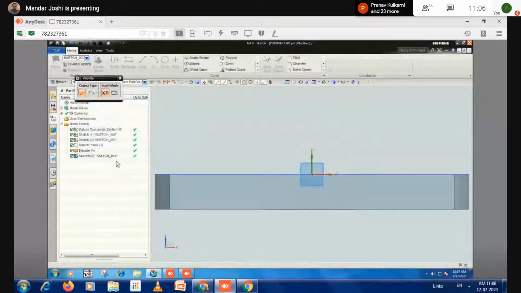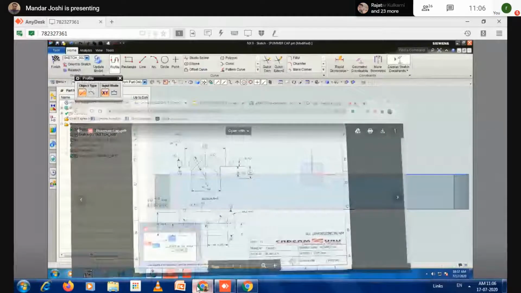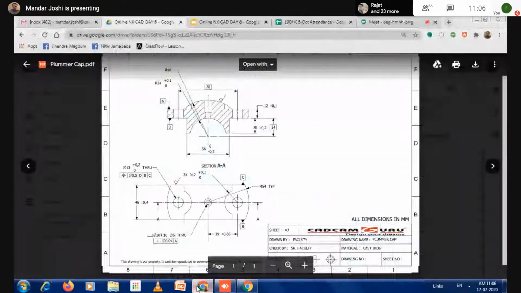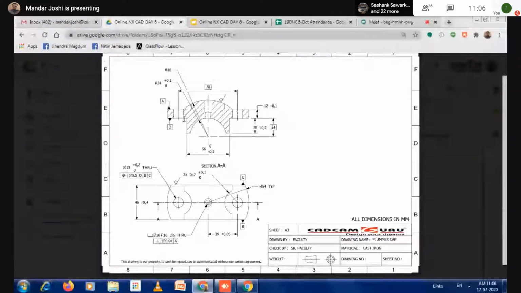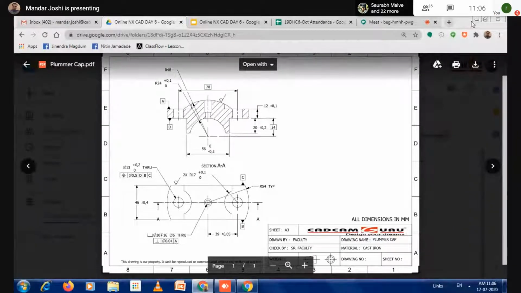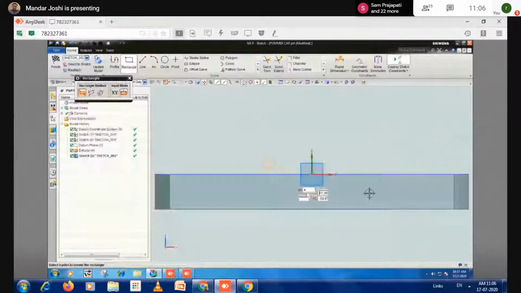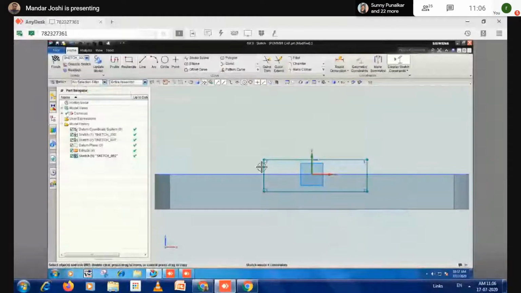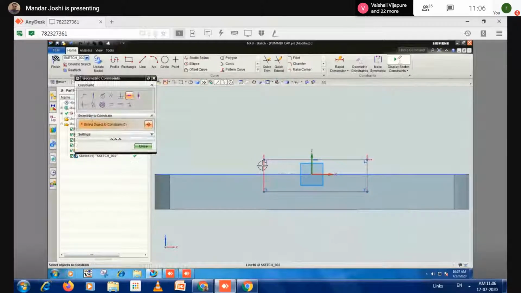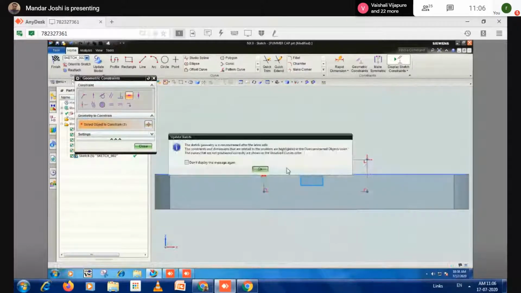Draw that profile now. There is an arc. Also, there are vertical and horizontal lines. Right? So let's do that first. I draw one rectangle first. And those two rectangles are symmetric to each other.